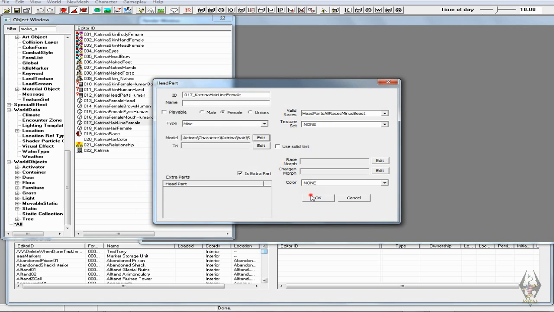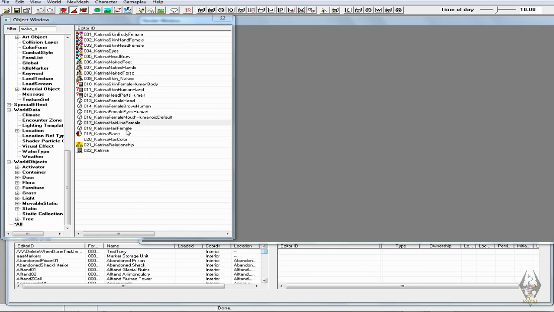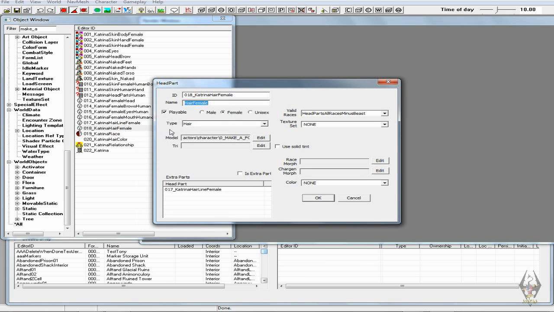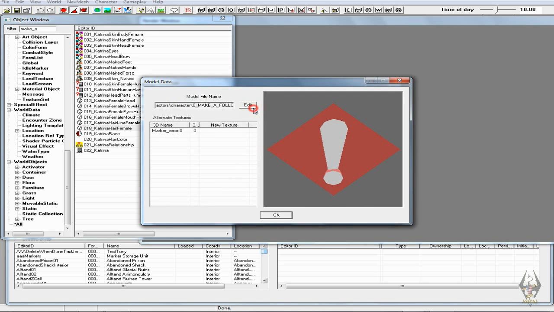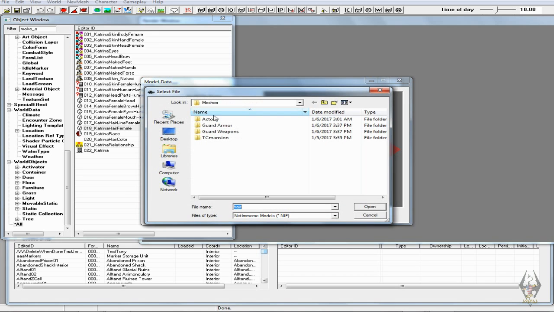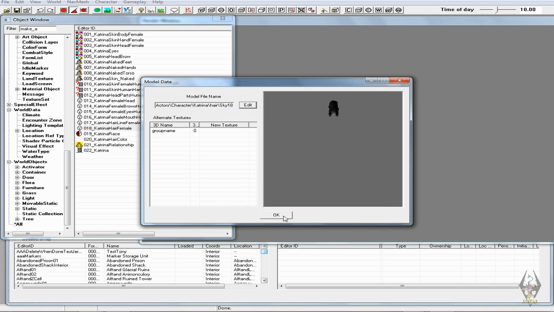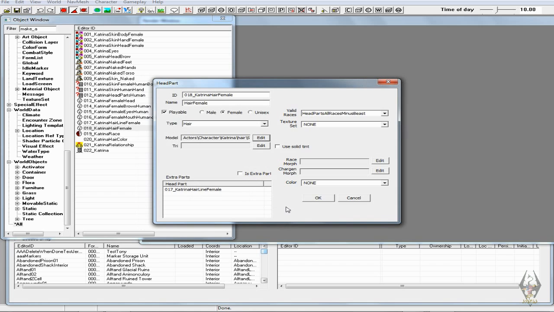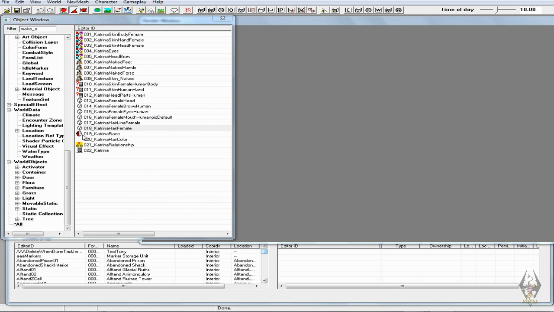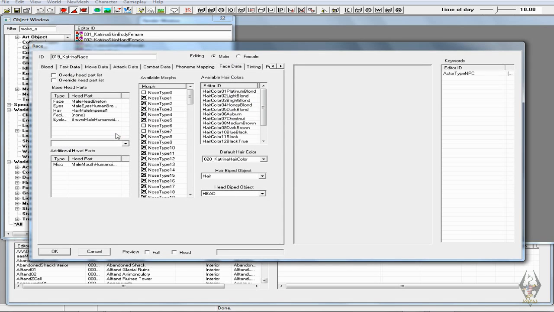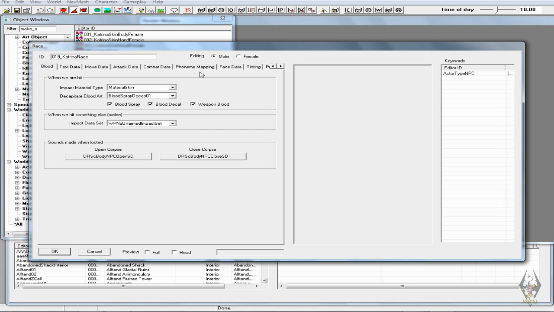Okay, and for the hair, we'll open this up. Same thing, don't use the hairline one for this, use the actual hair itself, Sky 189 or whatever yours is. Okay, and that's done. Now we will do the race, and we will slide over in all the